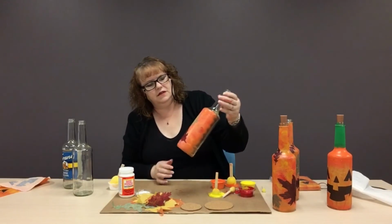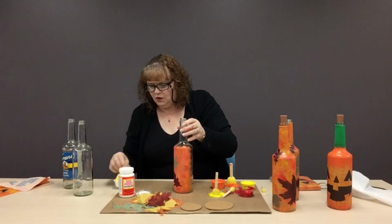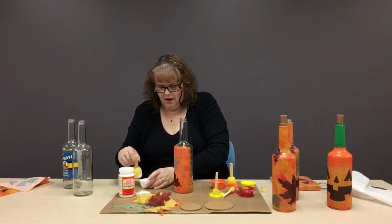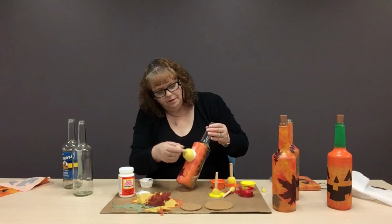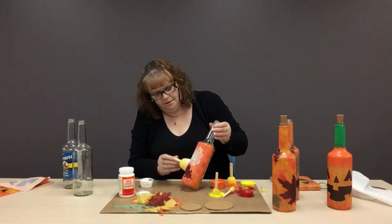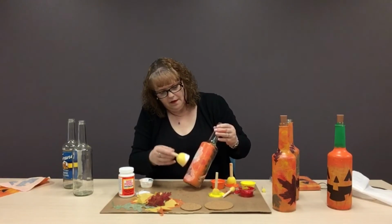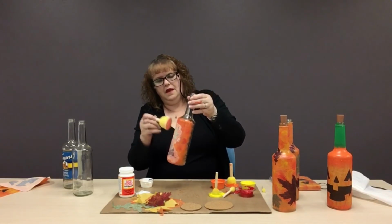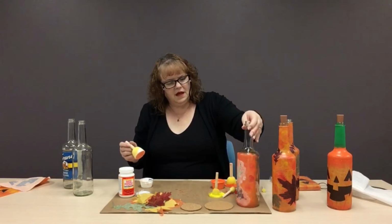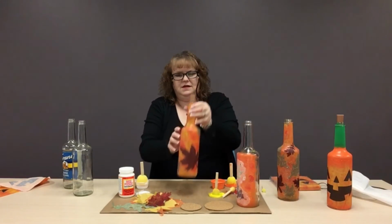So let's see, if this is dry, it's getting there. It's almost dry. So I'm gonna take and add my Mod Podge on top of it. There you go. That's really all there is to it. Once that dries, I have a beautiful decorative bottle